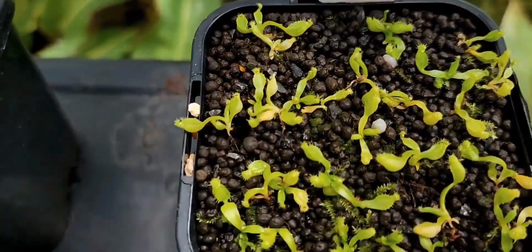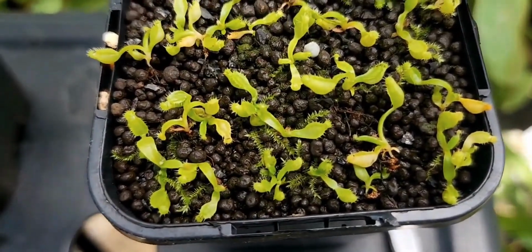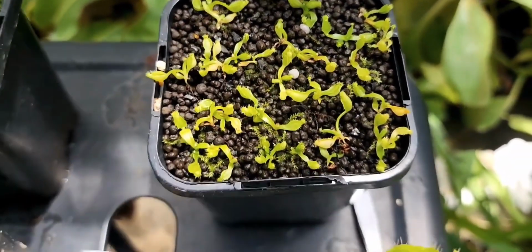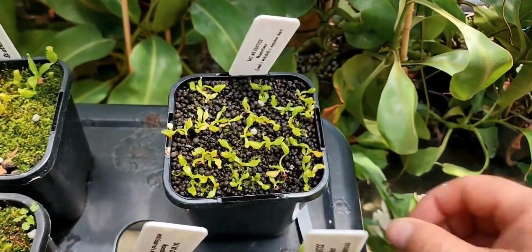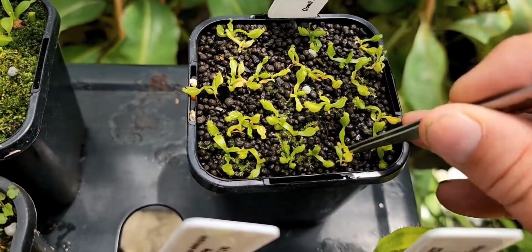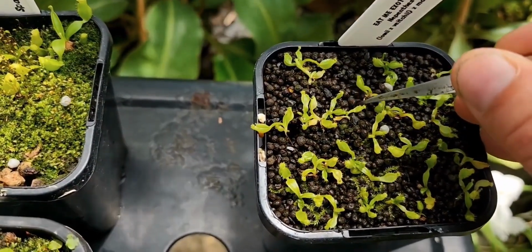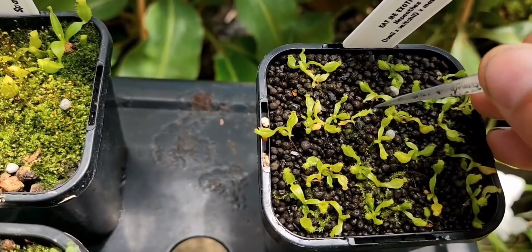There's a couple that have been uprooted. I actually had to repot these recently because of the moss. You can see it's already starting there again, but hopefully before it gets out of control, I will be repotting them into individual pots. Unfortunately, even though these are in a dome, a lizard has decided it wants to climb into the dome and get a drink or stay warm or something. I've caught him in there a few times, and he is knocking seedlings around, so I'm just going to reposition